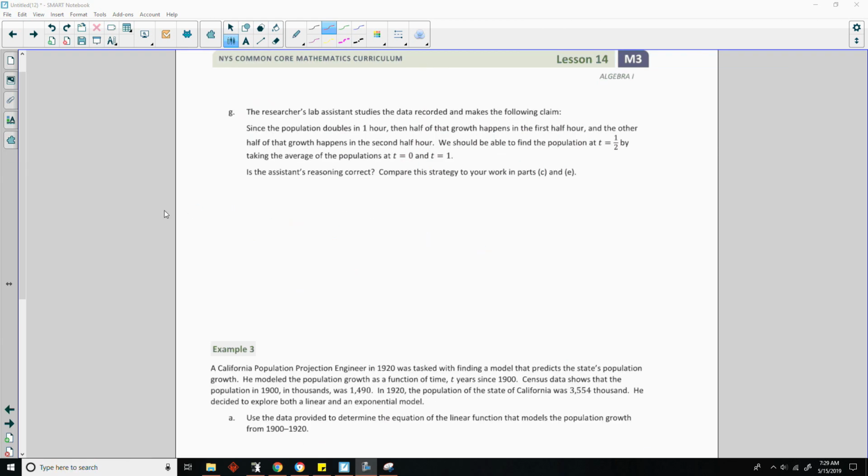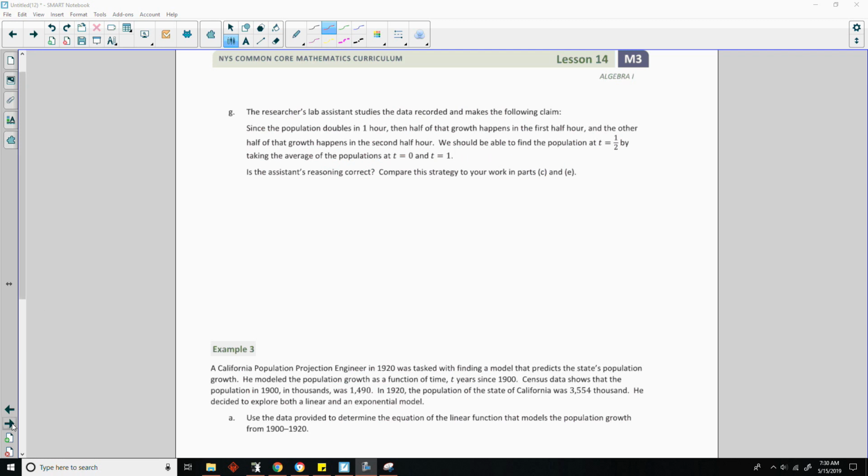Okay, page 4, part G. The researcher's lab assistant studies the data recorded and makes the following claim. Since the population doubles in 1 hour, then half of that growth happens in the first half hour, and the other half of that growth happens in the second half hour. We should be able to find the population at t equals 1/2 by taking the average of the population at t equals 0 and t equals 1. Is the assistant's reasoning correct? Compare this strategy to your work in parts